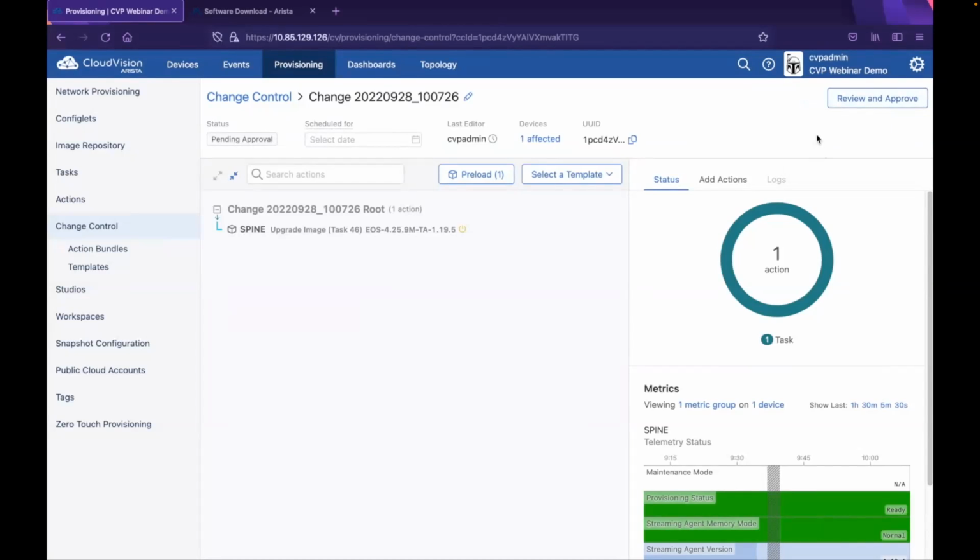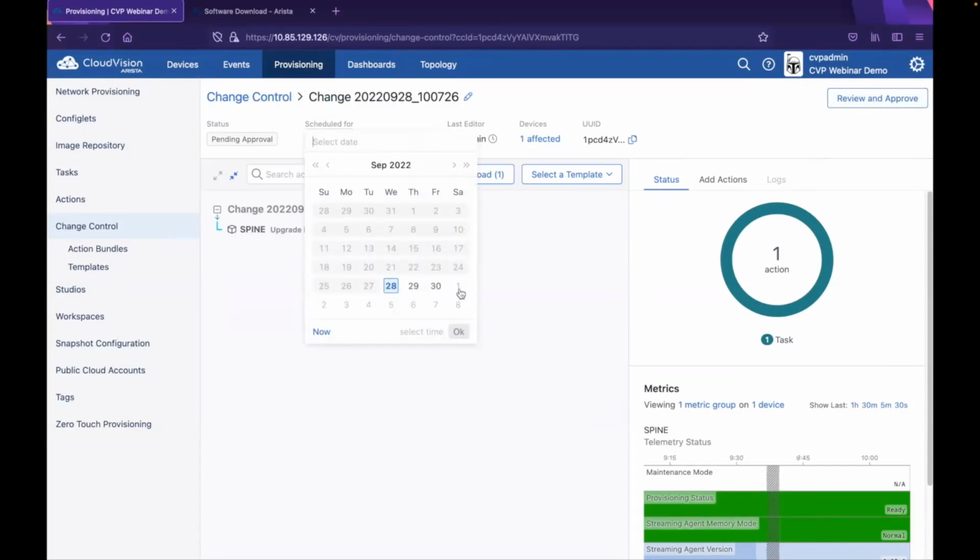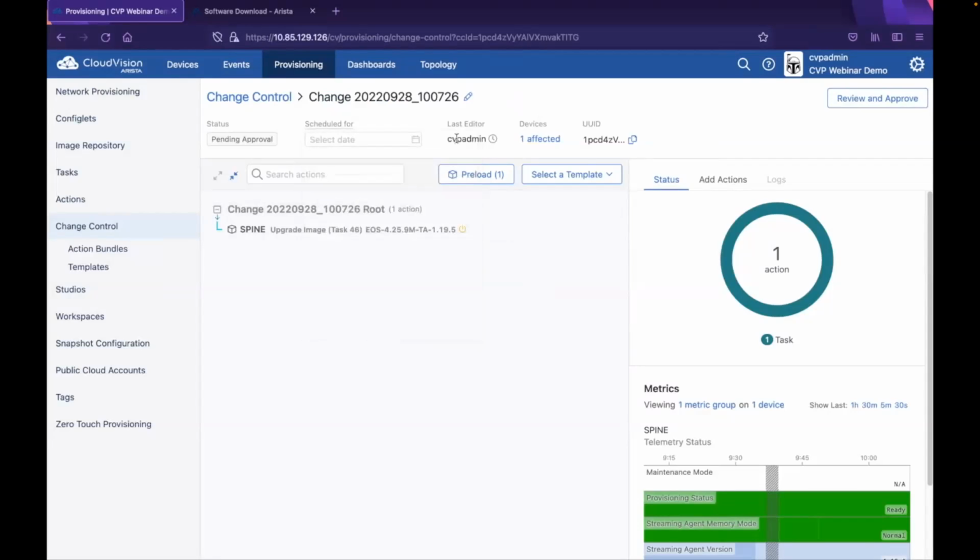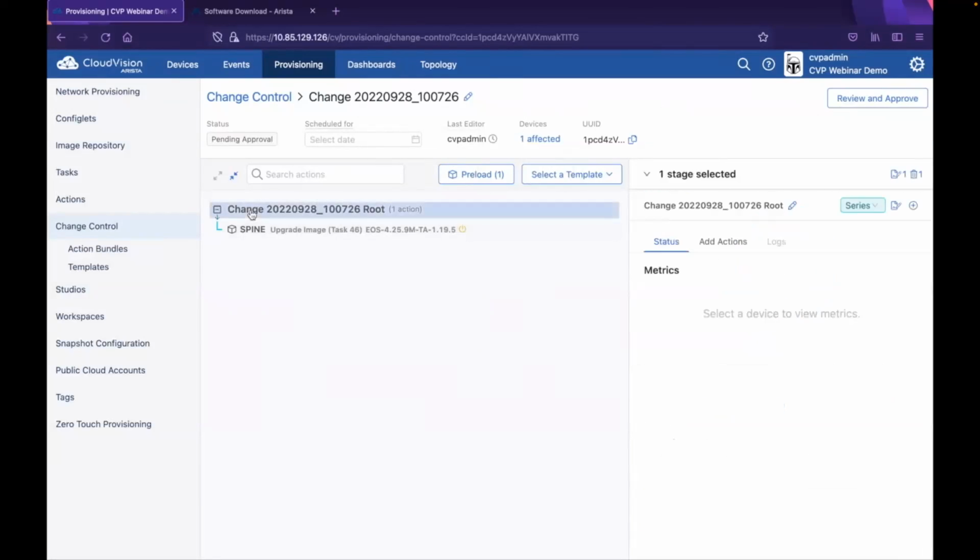Now, another good feature is the scheduled for. What change control allows you to do is schedule the execution of the change control. So let's say I created this task today, but I want to run the upgrade or push down the configuration at a specified date, maybe during a weekend when the traffic is low. So I can schedule the change control, and CVP will note the time, and whenever the time comes, it will execute it. I also have the auditing capabilities where I can see which user made the change and when it was made, and also what all devices will be affected as part of this change control. So I have the visibility of what all devices in my network are going to be affected when I run this change control. Now with that clarified, let's go ahead and take a look at the change control hierarchy itself.